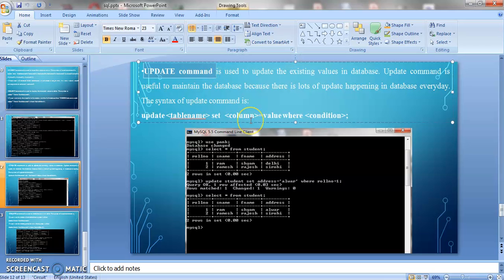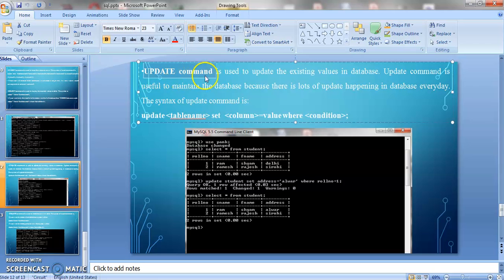This is a very important command. Why? Because in today's database we have to update the existing values. We have to maintain the existing database. You can see a database like Amazon, Flipkart. Suppose I have to search for a product like a shoe. Suppose a shoe from Adidas, and the price for that shoe was 500 like 5 days ago, and today the price is 600 or 700. So the data is getting changed or updated. So that is a very important command.